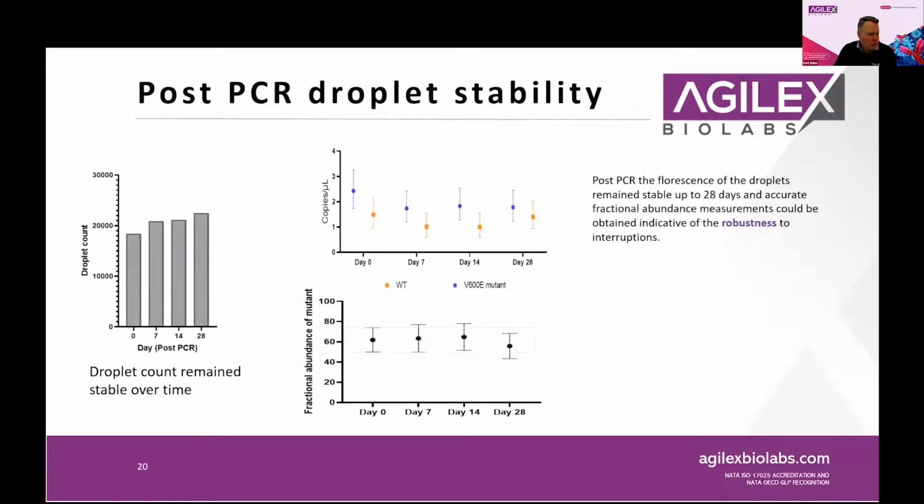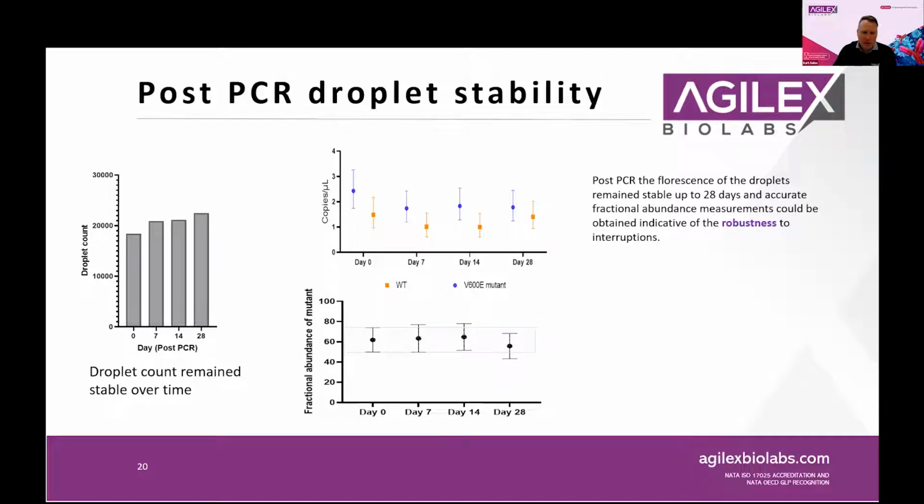The last thing that we did was to have a look at the post-PCR droplet stability. Sometimes you might want to come back to your PCR. Once you've done it, you might want to repeat it. Something might happen, electricity might go off, the reader might give up. There are often things that can go wrong in a laboratory situation, and you need to know what level of stability you have in your sample, once you've either put it through the PCR reaction or partitioned it using the droplet generator. So what we did was we generated our droplets and left them in the fridge,